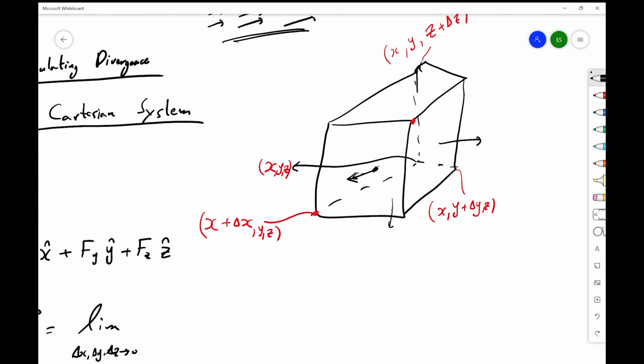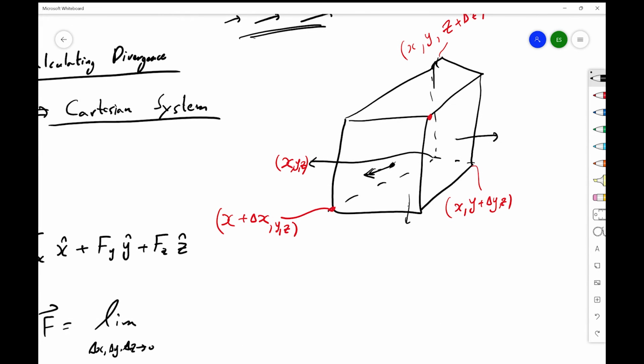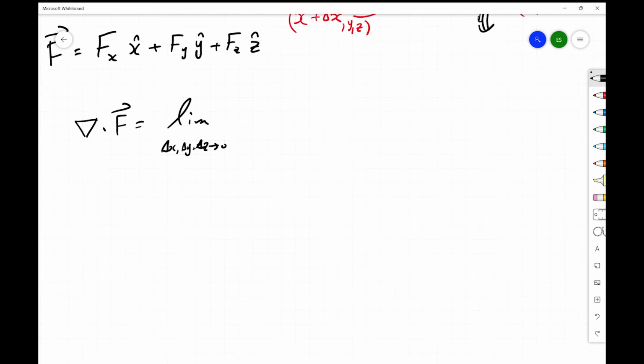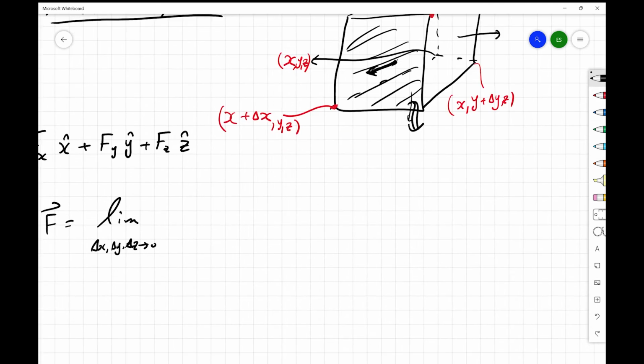Yeah, this leads essentially to Gauss. Well, we want to just calculate the divergence at this point. We're not there yet. So what do I want to say? F has a component. For this surface, the y and z components don't matter, right? Because the y and z components are 90 degrees with respect to this normal. So integrating over this surface here is going to be